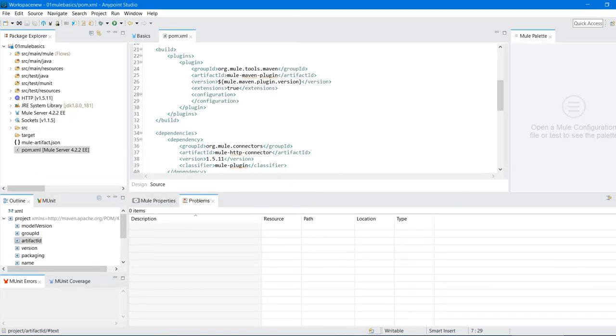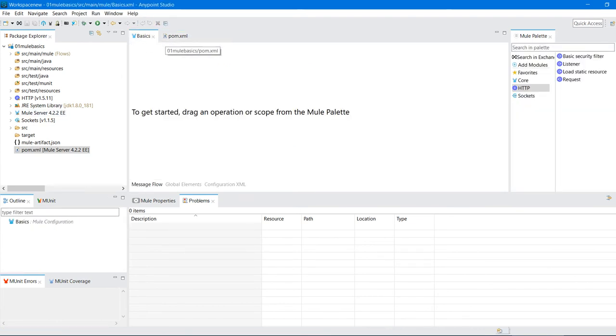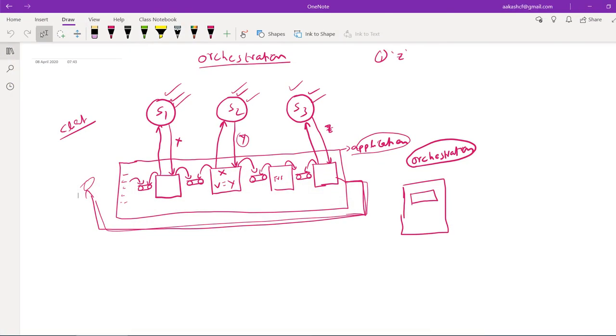Now this is about the package explorer. Now just come back to the basics.xml. Now let me create a small hello world project. Let me explain with a picture.